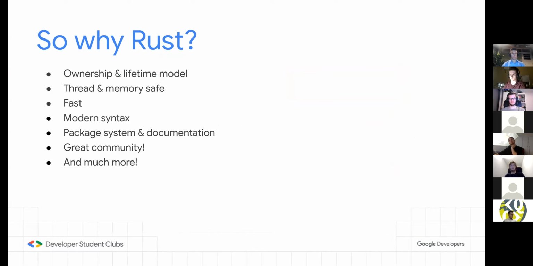So why would you use Rust? Well, Rust, first of all, is something different compared to a lot of other languages. It uses a different system of handling ownership and lifetime. So it's fast while easier to write, less hassle. You don't get thread or memory errors. They have been handled at compile time. And above all of those, it has a modern syntax, so it looks really clean.